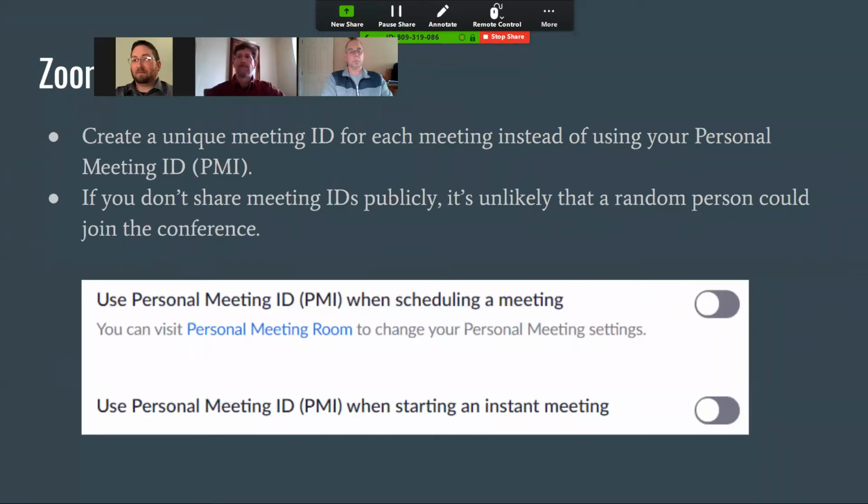These are the defaults, I believe. So you have your personal meeting ID, which I showed in the last Zoom training that I held. This is kind of a static number, or you can create your own personalized one. But if you make it publicly available, anybody can join your session. And if you have the join before host option enabled,